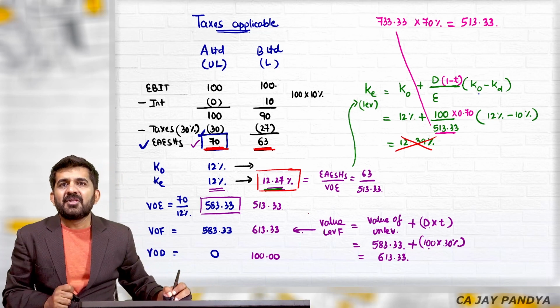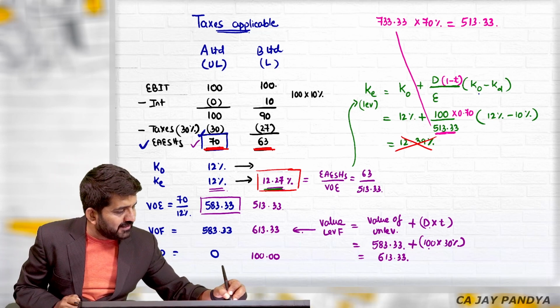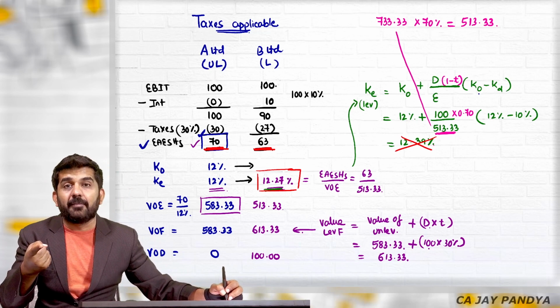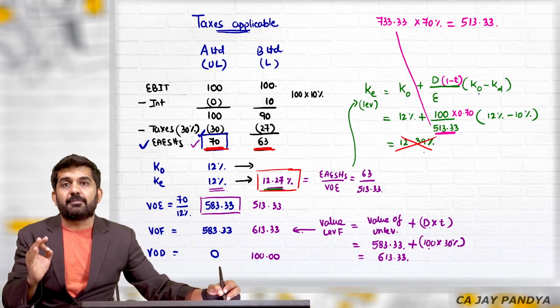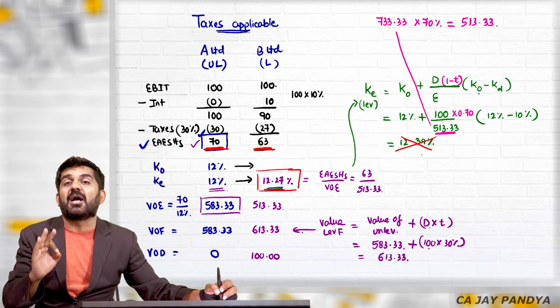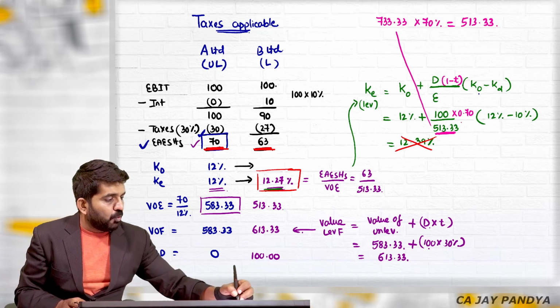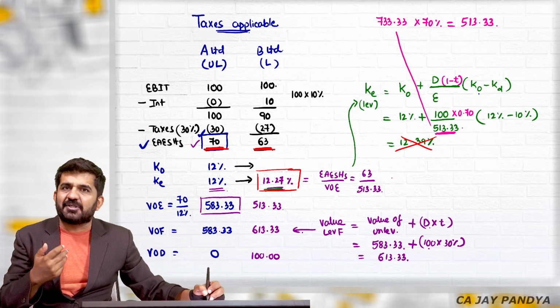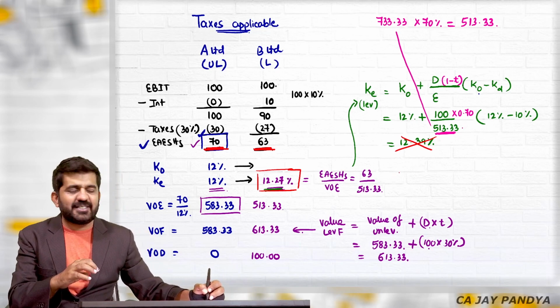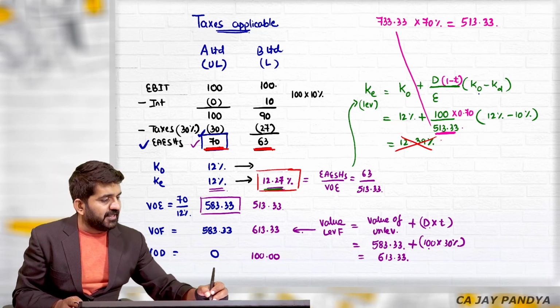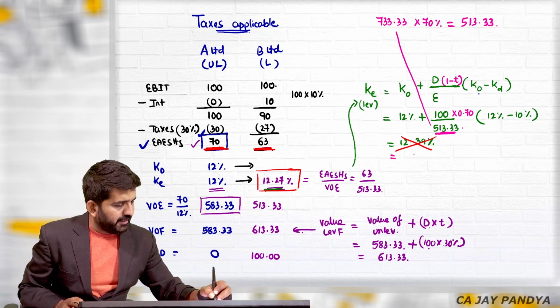Because of taxes, this is already multiplied by 70%. So in the numerator, we will have to multiply by 70% if we want the same answer, and we know that the cost of equity is going to remain the same. The multiplication by 70% has already happened because you have come into the tax era. In the numerator, I'll be multiplying it by 70% and I will get the correct answer. Let's try to find out.